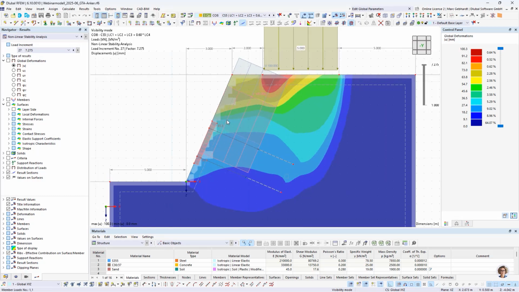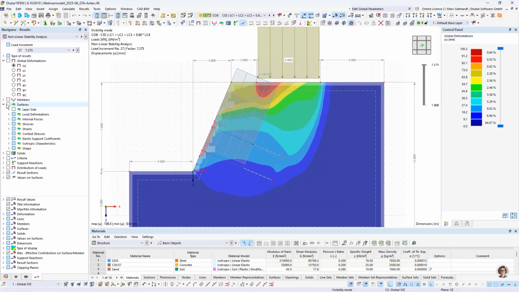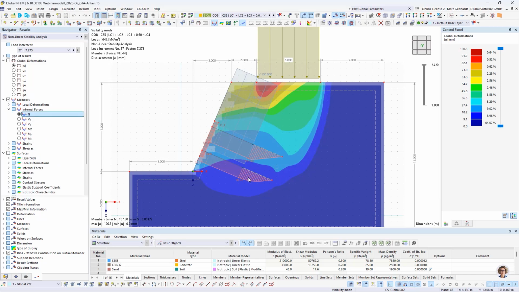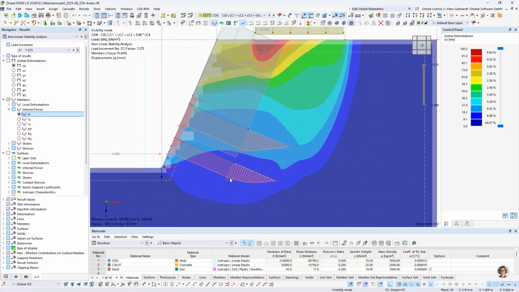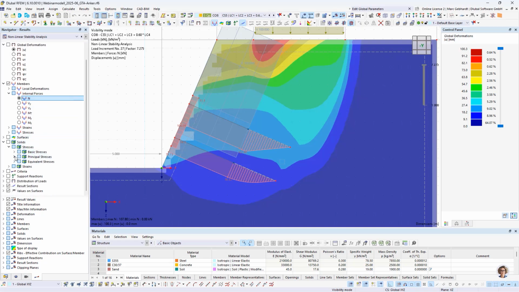So you can check in the middle of our volume, and we want to see the internal forces, the normal forces in the anchors. You see here the pile part, it's raising up and going to a constant value for the tandem part. And furthermore, we want to check the solid stresses,